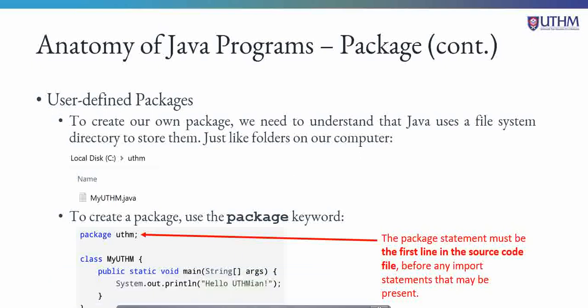For example, I create a folder named UTHM in my C drive, and then inside this UTHM folder, I create a source code, a Java file named myuthm.java. So this is how I create my own package with my own class,